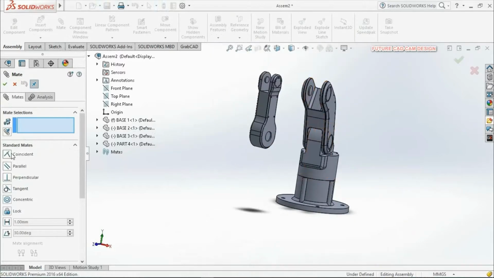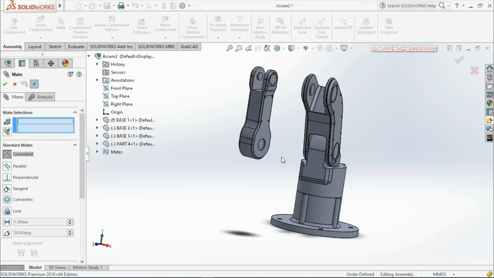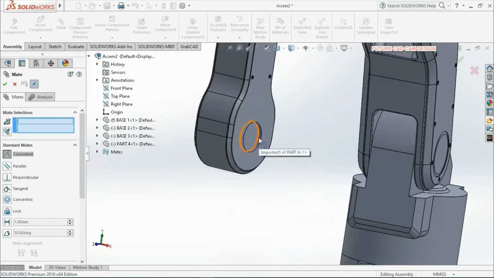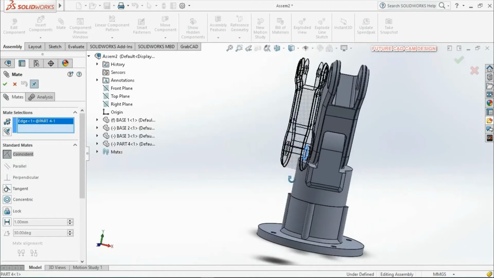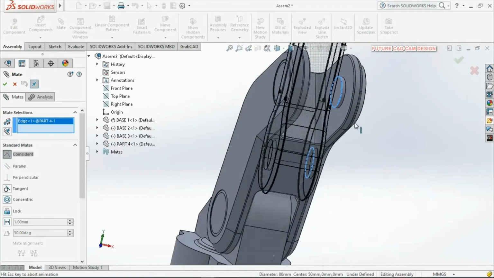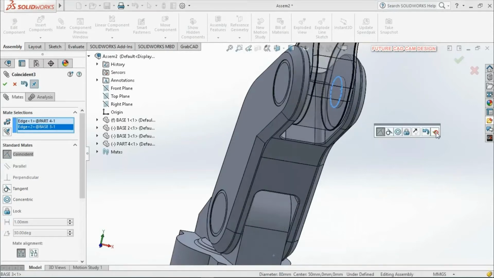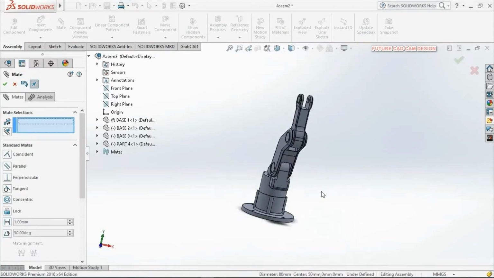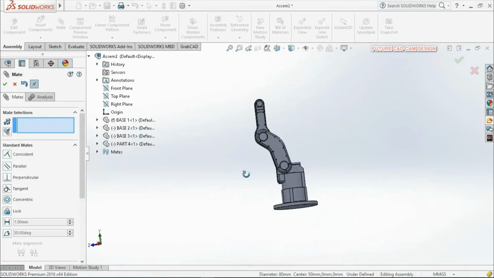Same thing, again we are going to use the coincident tool. We can click the inner edge of this part and the outer edge of this part. So this one also gets constrained.